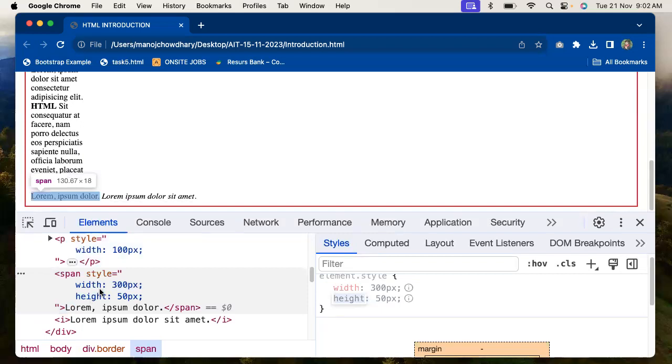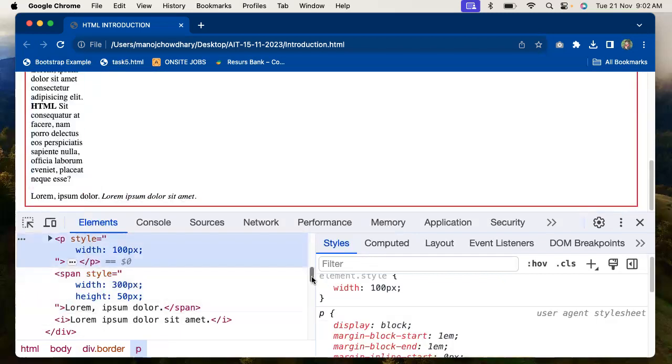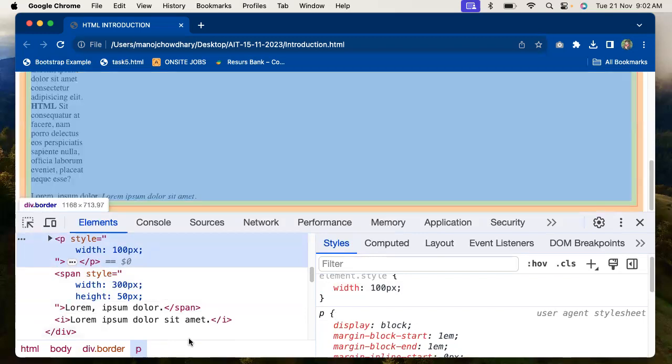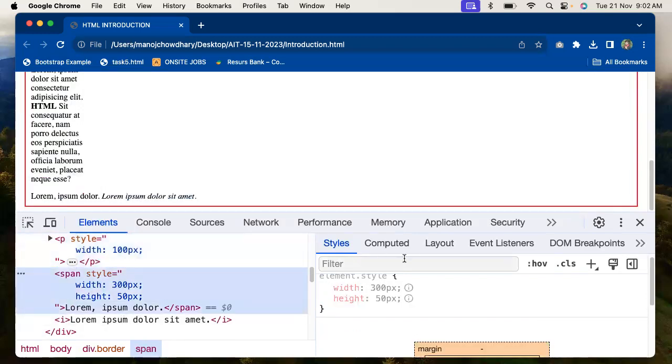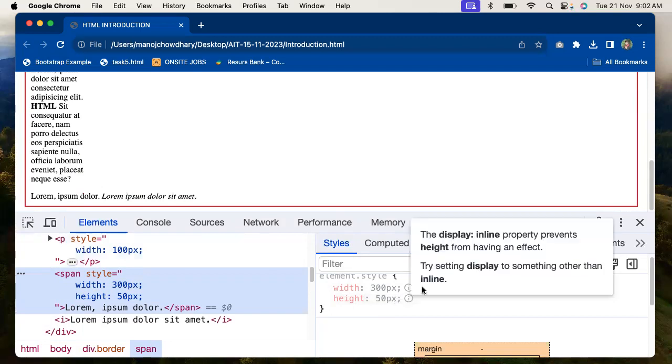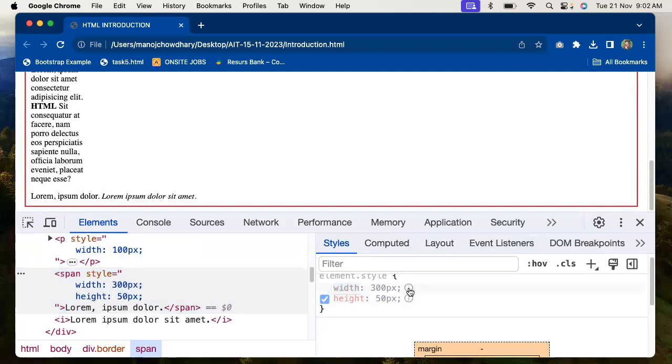If you see here, when I write it for the paragraph, the letters are bold and clearly visible. But when I write it for the inline elements, see what happened: these are muted, simply said not highlighted, and there is an i mark which is mentioning it's an error. What it was telling, if you click on the i,